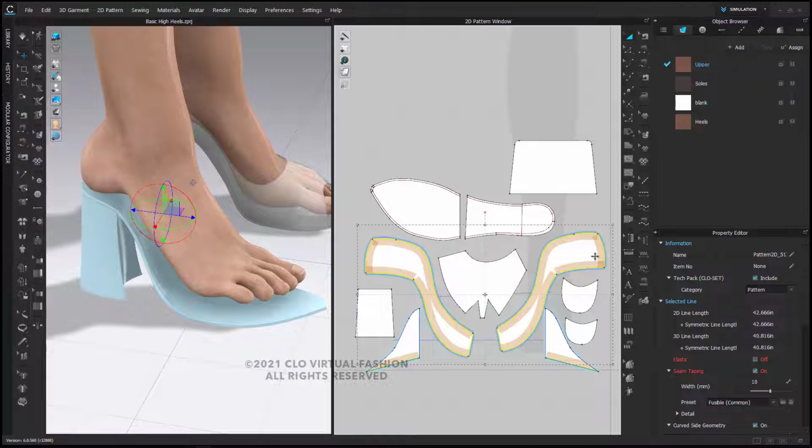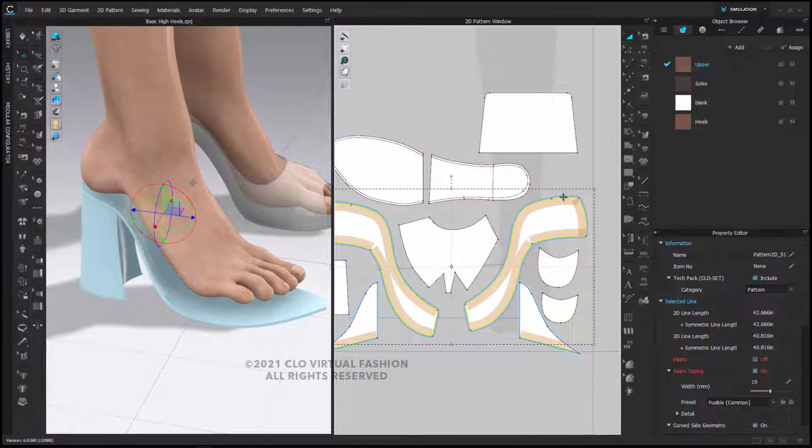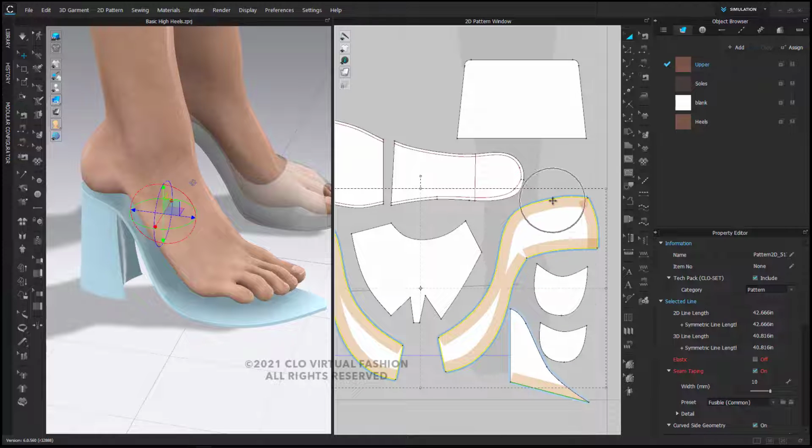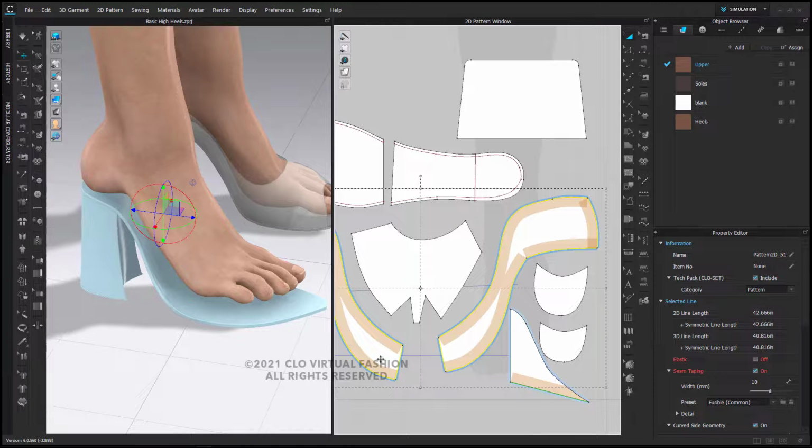Basically, the first thing I would do is get them into place and then edit the shape of the pattern, keeping them as simple as possible. As you can see, there's a limited number of segment points, and if I turn on my edit curve point tool, there's a limited number of curve points as well, so that I can easily modify this shape. So when I then bring these back,